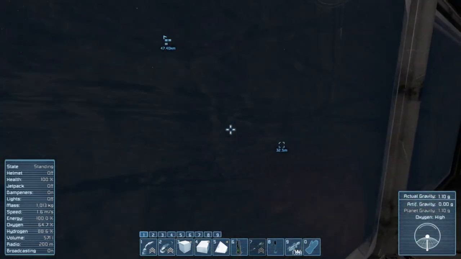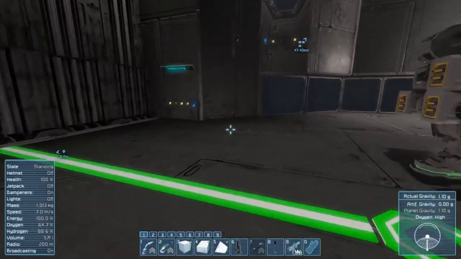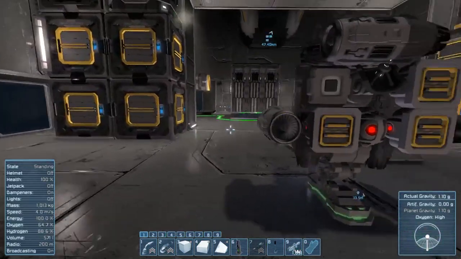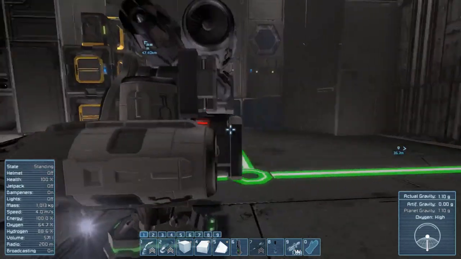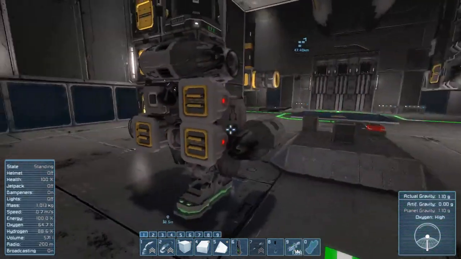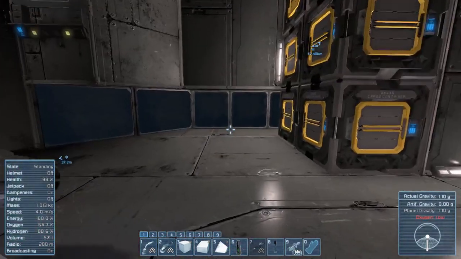Yeah, I need light so that we can at least find some snow. If I throw some lights on this guy, I might be able to kind of fly around and see at least a little bit. Ooh, and maybe we should...